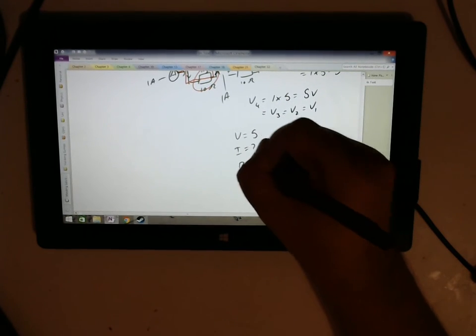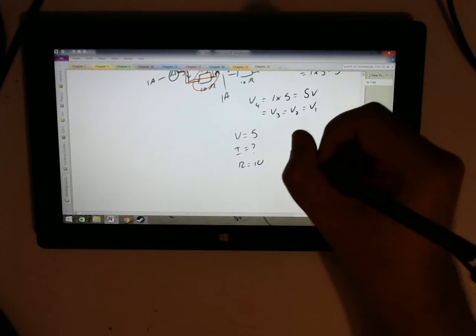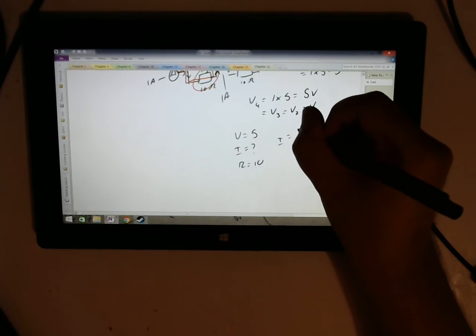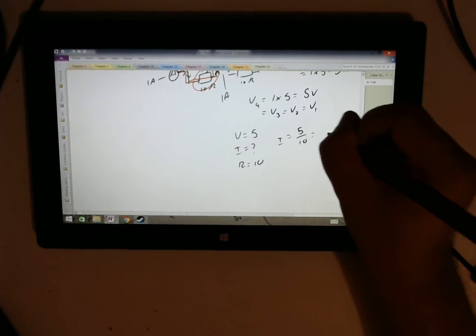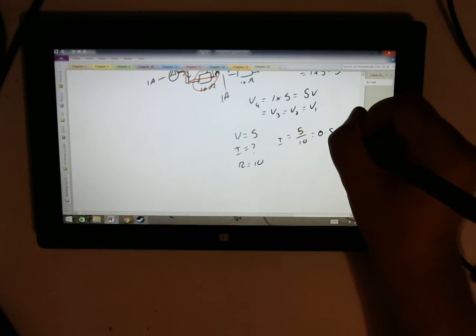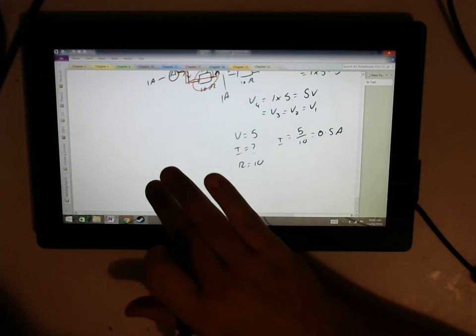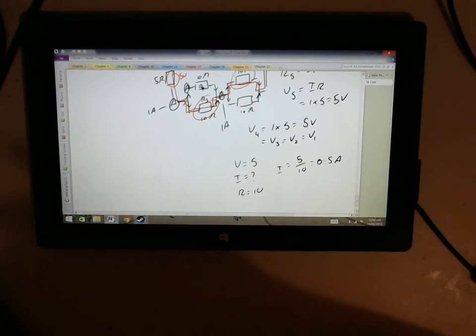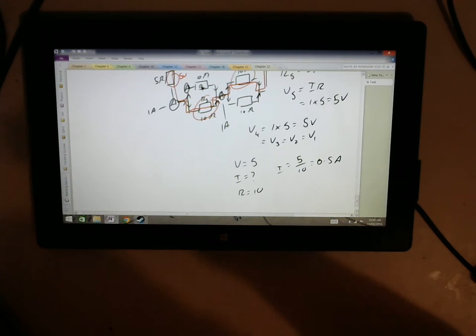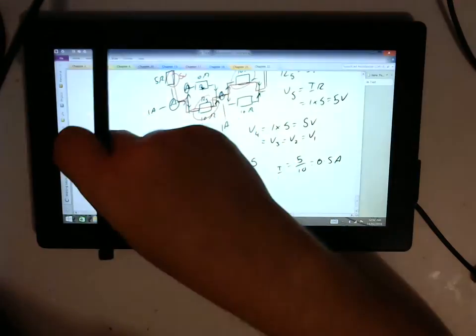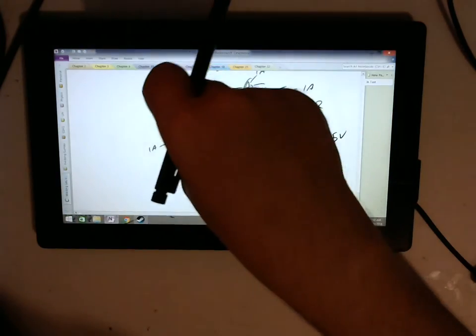We know the resistance equals 10. And if we put that together, we get that I equals 5 divided by 10 equals 0.5 amperes. Okay. Now, the way you can set up a big simultaneous equation for this is that we write the voltage